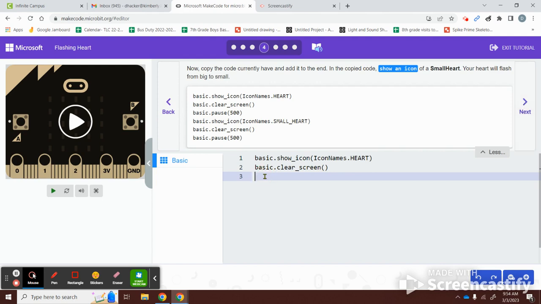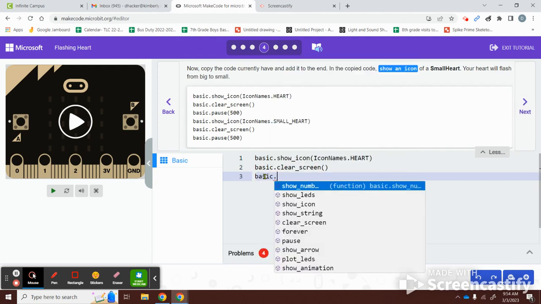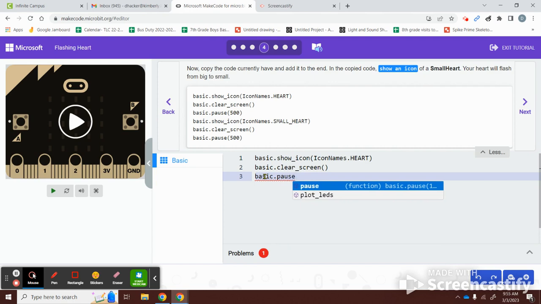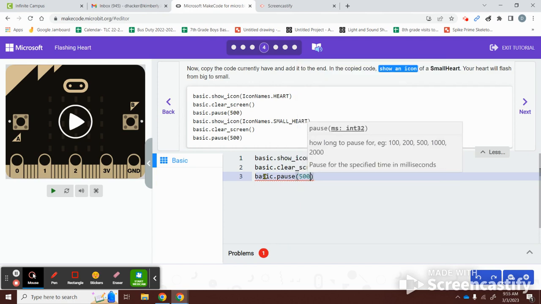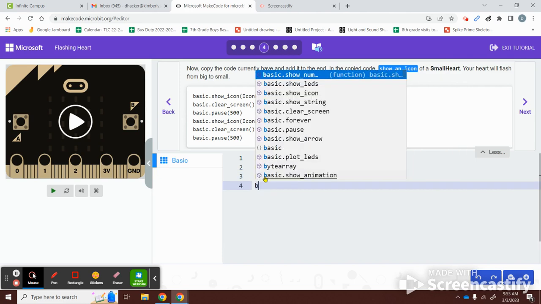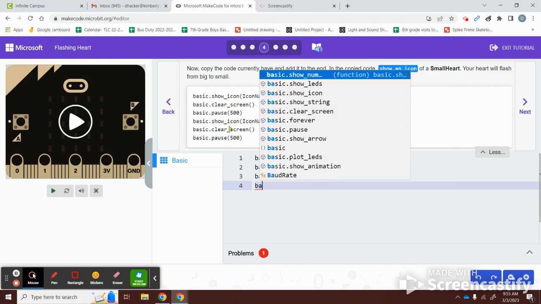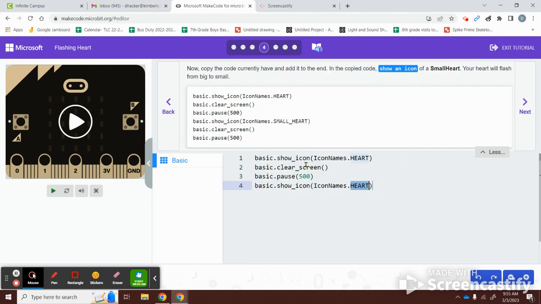All right, so once again, indentations are all the same. So I go to basic again, dot pause. And then here we're going to say 500 milliseconds, right? And then we're going to say basic. You can see this says show icon. And if I see it in there, I can click it and it'll start to do it. Now I can even make an adjustment here so that I have what I want, small heart, okay,